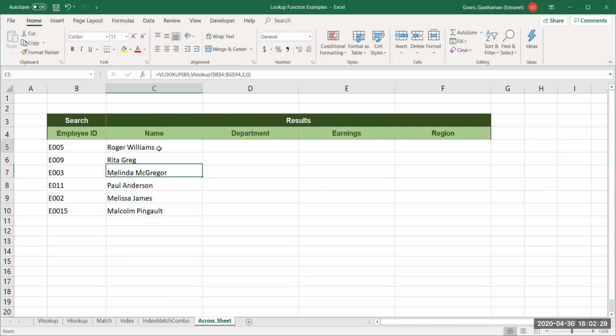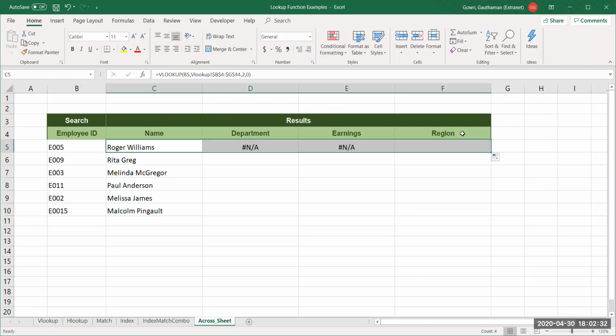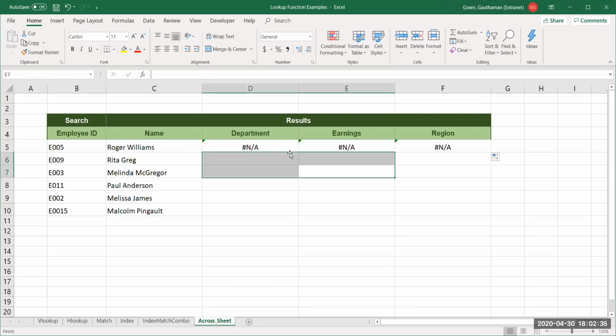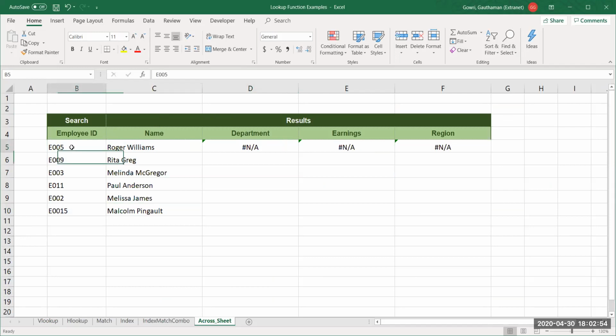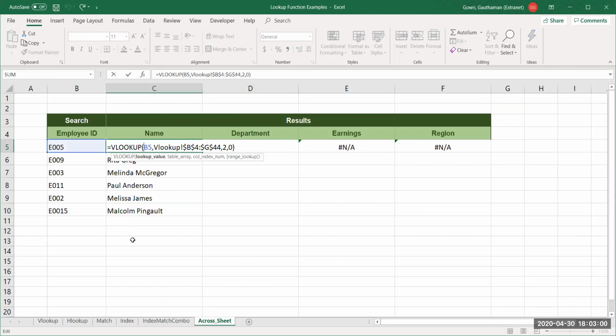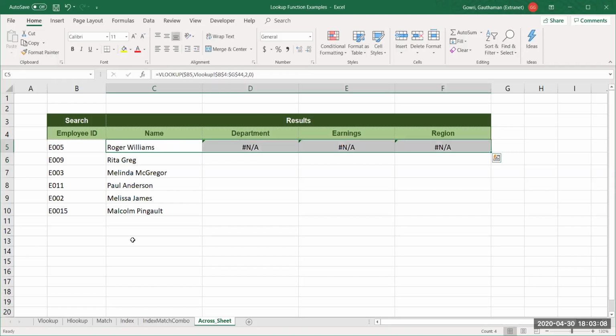Again, when I copy paste it towards the right hand side, it will give you NA because it is selecting this as the lookup value. It should remain here, but it has changed. When you copy paste your formula from left to right or right to left, the reference on the column will change. So over here, I don't want column B to change. The reference on column B should not change for me. So I'll say only on B, the reference should not change. Now I'll copy paste, it will work.